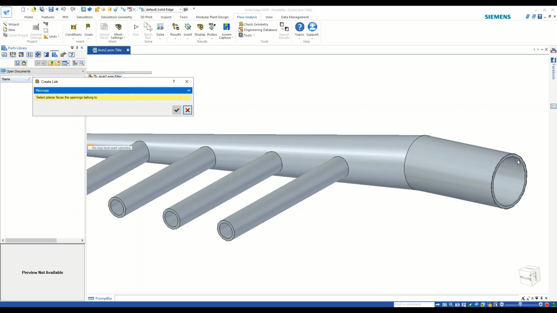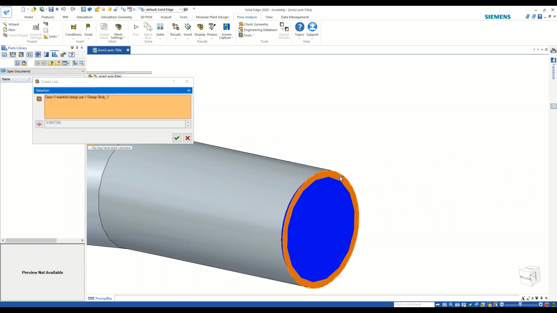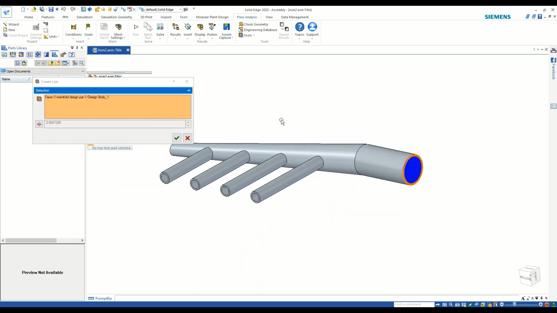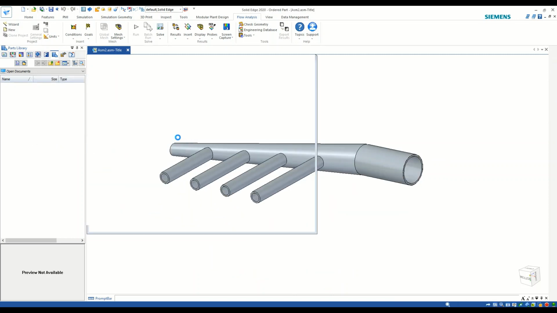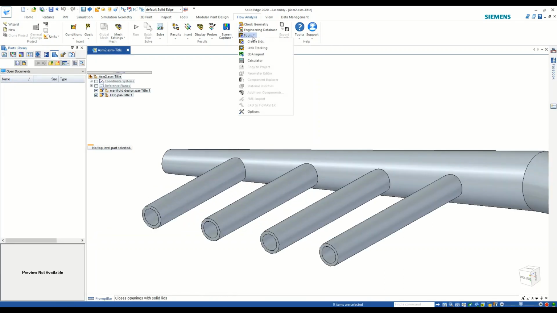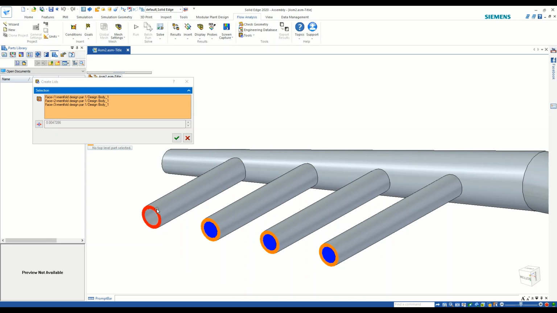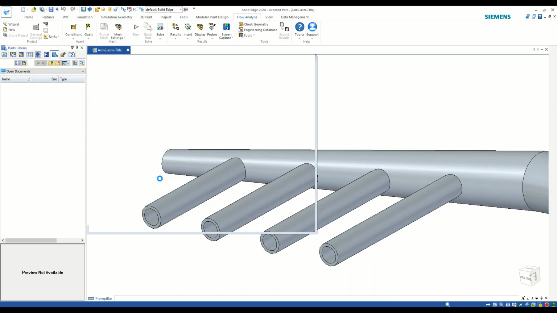Now the lead creation tool is something which can make your task much easier. You just have to select the faces where you have to create the lead. Okay, now it takes only planar surfaces. So if you have complex surfaces, you can model them, and here comes the advantage of Solid Edge, where you can model your geometry inside the CAD, and FlowEFD will automatically detect it and automatically update the project.